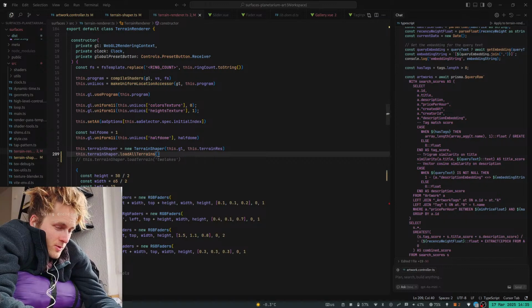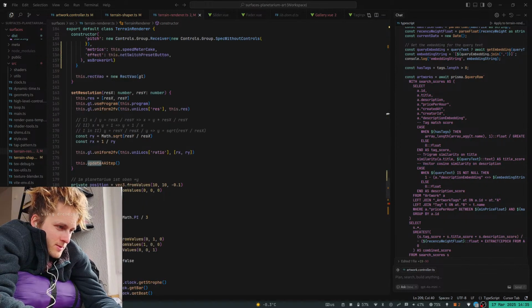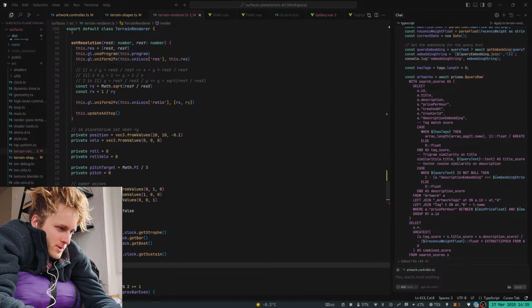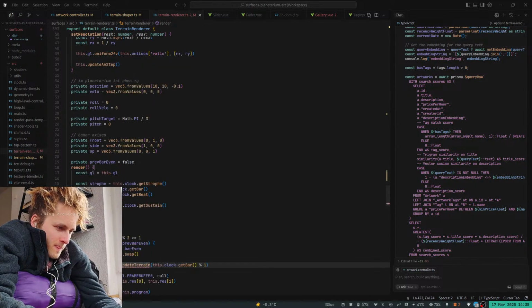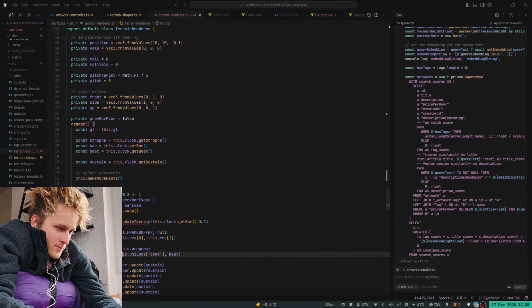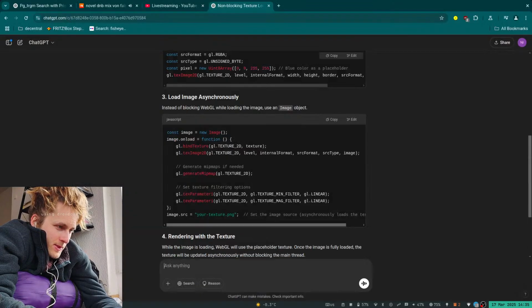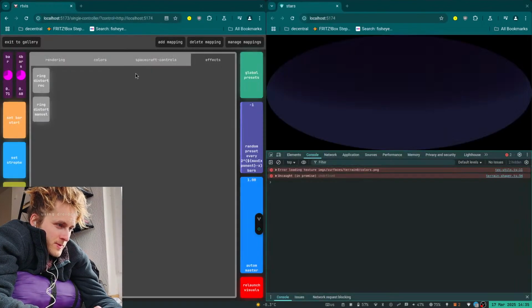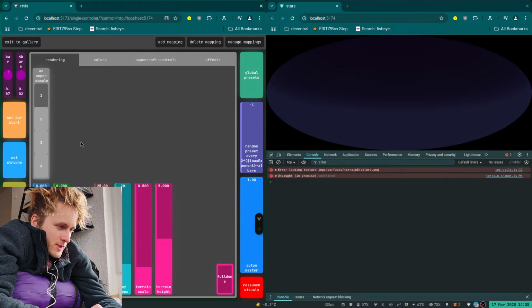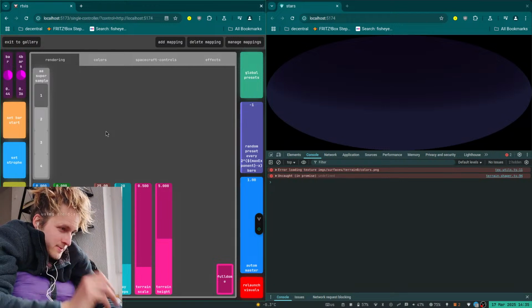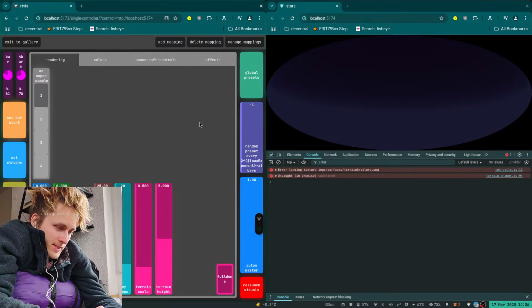Here we call this update. What is it called? Update terrain. So let's think quickly where we want to put this. We could put it here into rendering because this is all related to the terrain. Having a button here, I think it would make sense. Also, the time that the transition takes would be good to put here. It might be similar to this fader